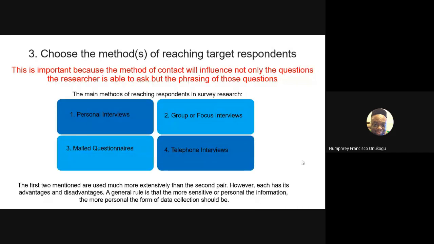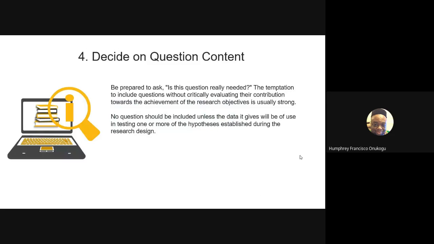Because the form of data you're going to collect will be determined by how you intend to reach your respondents. Now, after this has been done, the next is to decide on question content. Be prepared to ask, is this question really needed? Remember I said the guiding factor here is the research objective. So putting the research objective side by side with the questions you are developing, you need each time to ask, this question, is it needed? The temptation to include questions without critically evaluating their contribution towards the achievement of the research objective